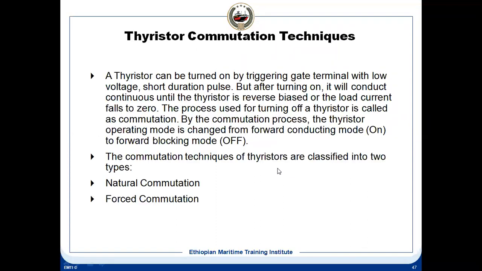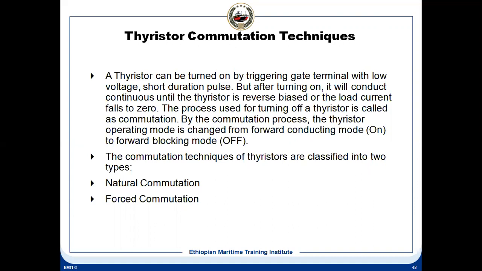So let's see this. It's a small topic. You see, the thyristor we have studied in the class. The thyristor can be switched off. What is commutation? Commutation means switching off a thyristor. You have two methods. One is natural commutation, the other is forced commutation. Natural commutation means during the AC supply, when it goes from positive to negative half cycle, it turns off. That is called natural commutation. Forced commutation, we are using an LC circuit for turning it off.